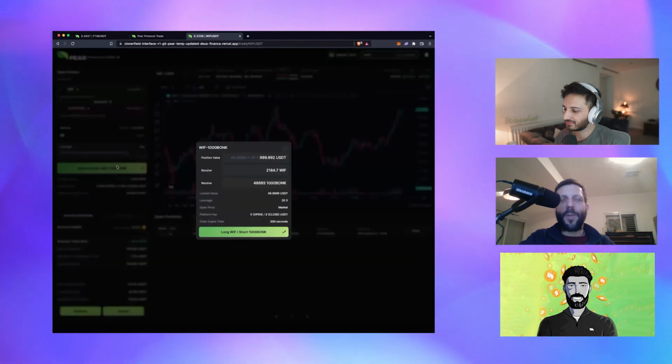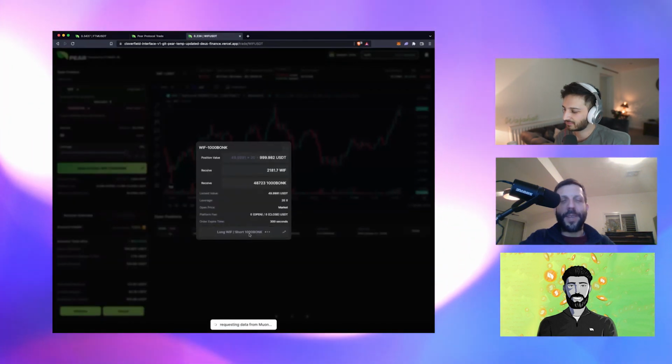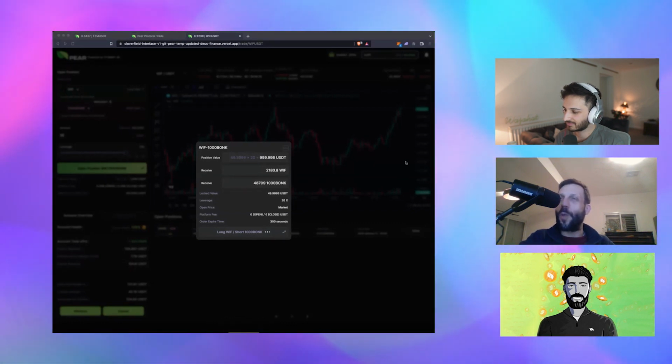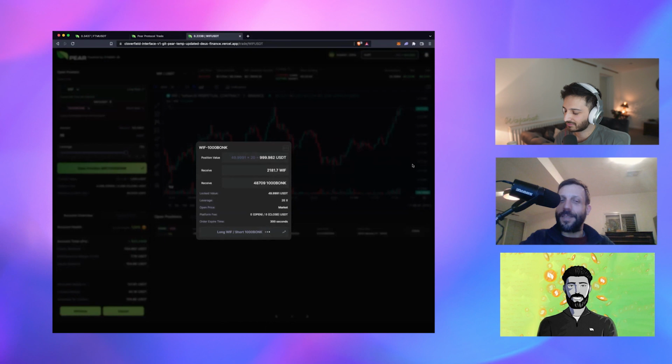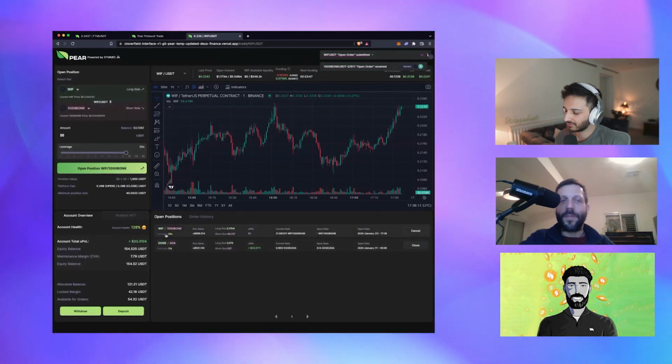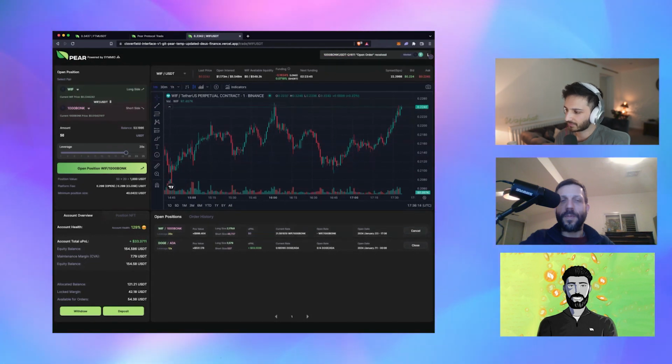Oh, and by the way, another small question, probably a very left curve question, but is pair trading always one long, one short? Yes, but there's things that we're going to do in the future. So I've just opened the WIF bonk trade here. There's things that we're going to do in the future, which add even more flexibility. So you might be able to go 80% long and 20% short, like a sliding scale, if you will. We also want to do thematic baskets where you could be long a basket of AI tokens and short Cardano or something against it.